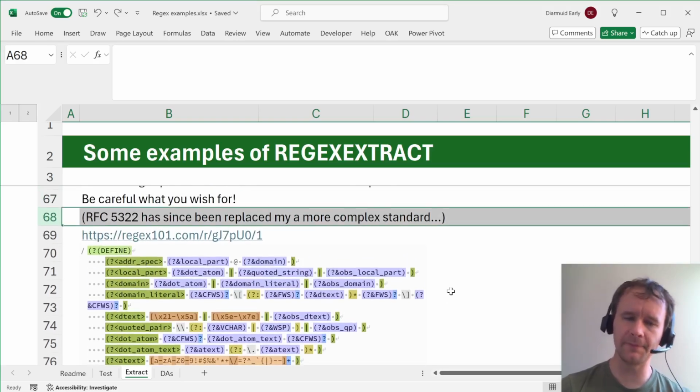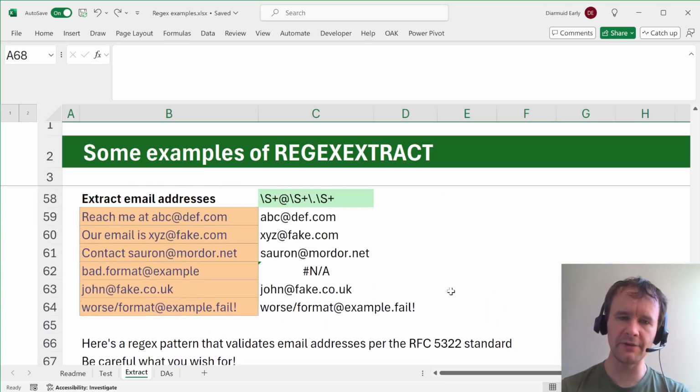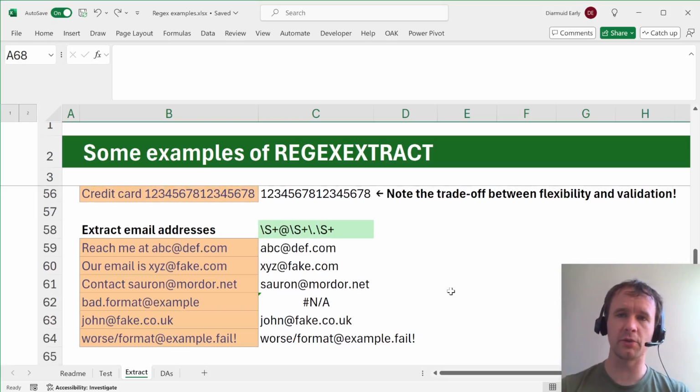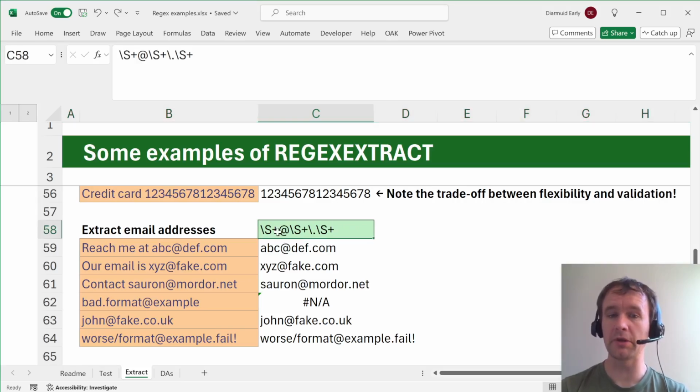And again, you've got to think about what you are trying to do here. If you just have blobs of text and you want to take out things that look like email addresses, then a really simple pattern like this is probably a good way to go. If you want to validate, have people entered correctly, or maybe it's a work thing and you want to make sure that everybody has actually entered their work email address and not their personal Gmail, so that you're not sending things outside the company or something like that, then you want to have a more restrictive pattern.